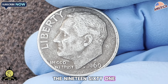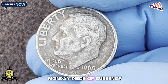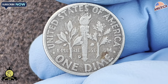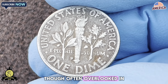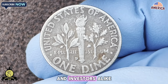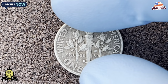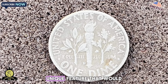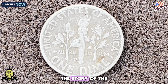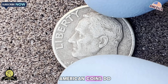The 1961 dime coin, while appearing at first glance to be just another mundane piece of currency, would go on to become something far more significant. This coin, though often overlooked in casual exchanges, would eventually capture the attention of collectors and investors alike, all thanks to a combination of historical circumstances, subtle design changes, and a rare, unique feature that would make the 1960 dime a highly prized treasure. The story of the 1961 dime coin starts, as most stories of American coins do, with